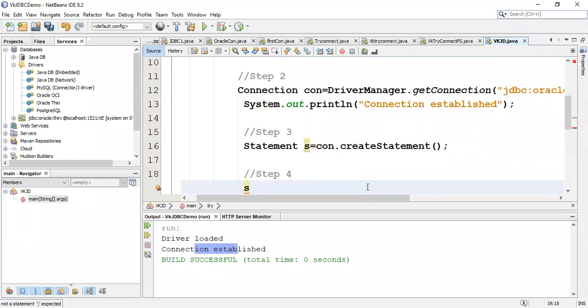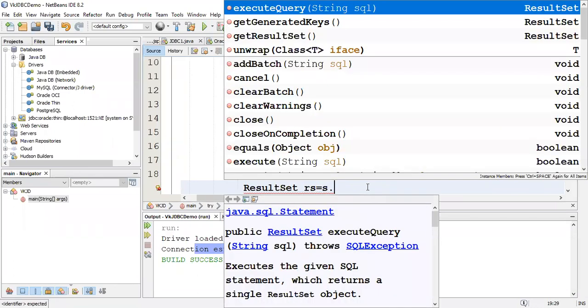Before that, when the query executes, it will return me a result set. So I have to store that in a ResultSet. So I just say ResultSet rs equal to s dot, what? Execute.